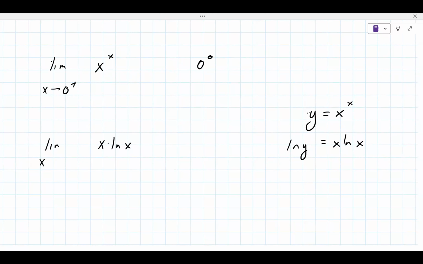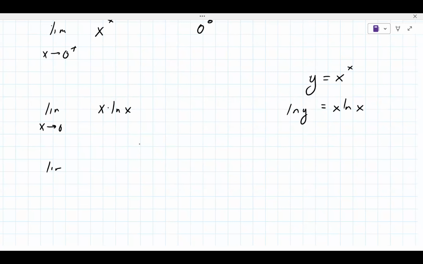this is also kind of a problem. You have to know how to rewrite this, and this could be a little bit awkward. So this is natural log of x over 1 over x. You've seen that before? Okay. So if you remember that, and it's from the right,